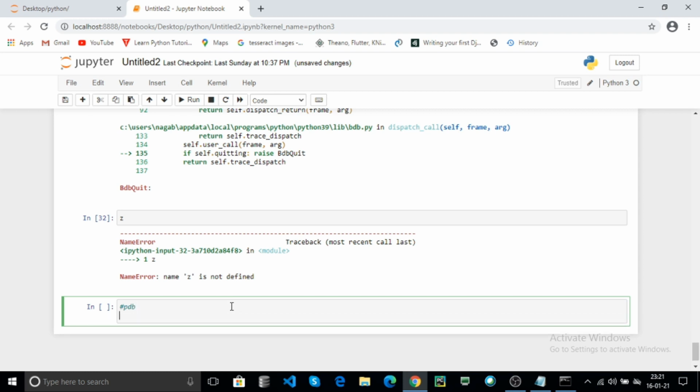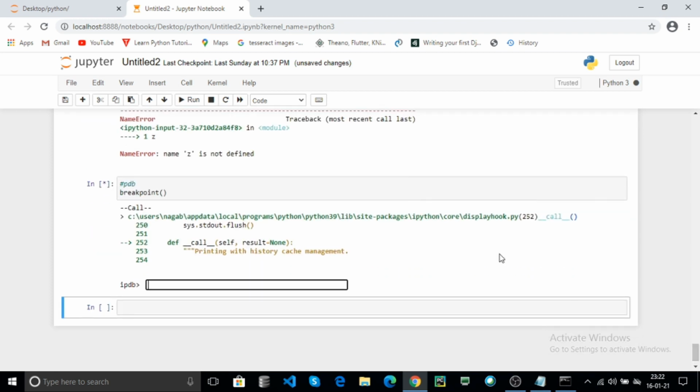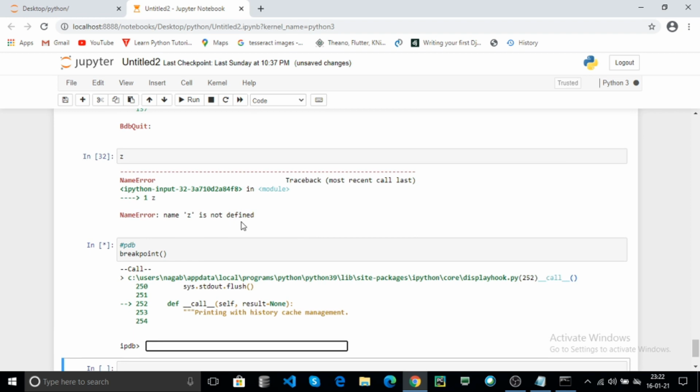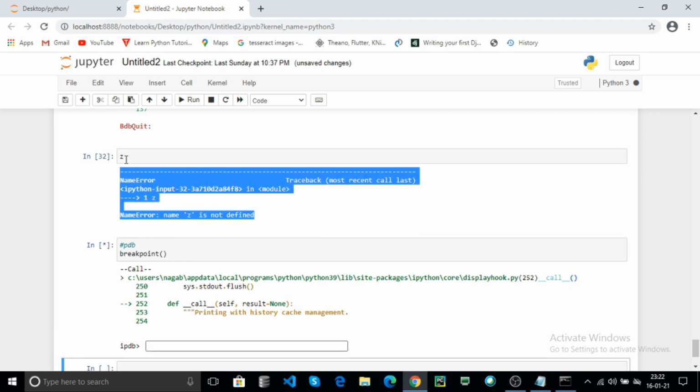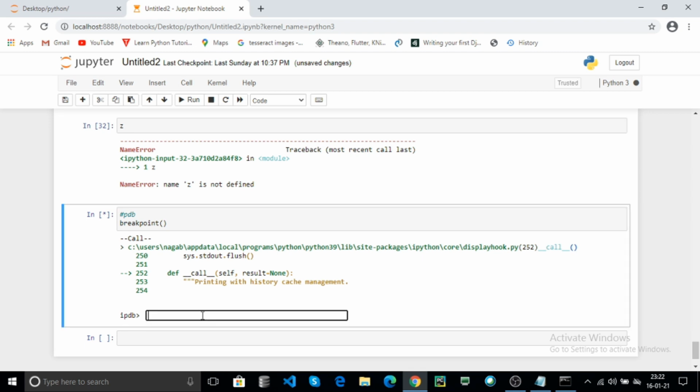Now again I will explain the Python debugger. Use the breakpoint and click on run. Here this is your front end. If you use the z variable, which is not declared anywhere, it displays the name error, z is not defined. This logic is already defined in Python. Here, for example, you can use z and hit enter.